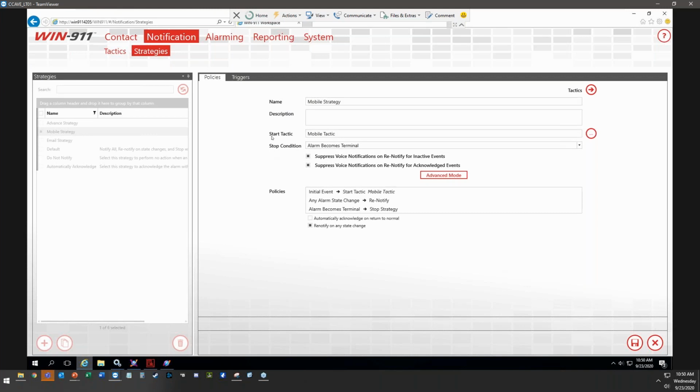Okay, and so I selected my tactic based on the radio button here. I know it's easy to want to click this one up here since it actually says tactics, but this will just navigate you back to the tactic tab that we were just on. So it's not needed here unless you're trying to get back to tactics and maybe you want to create a different tactic. So when we want to actually select a tactic, a callout list, we would hit our ellipsis button here,